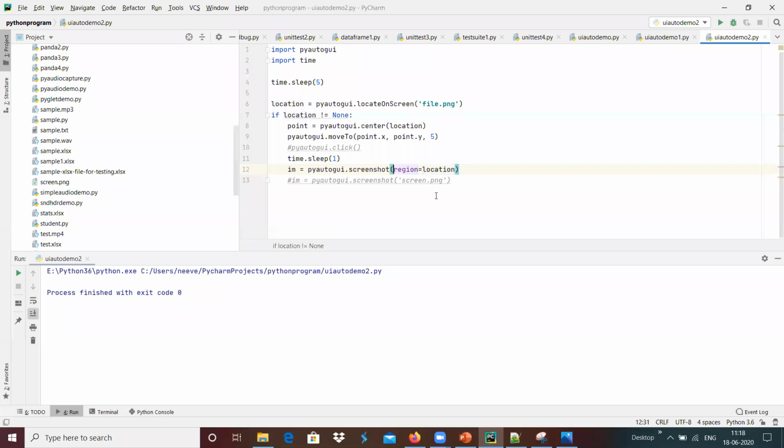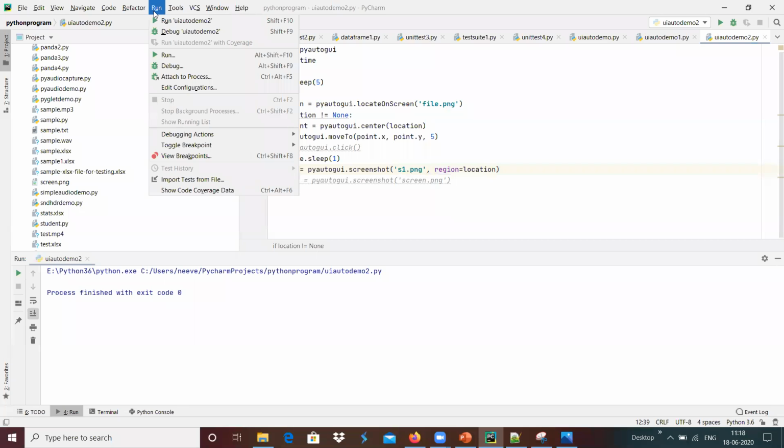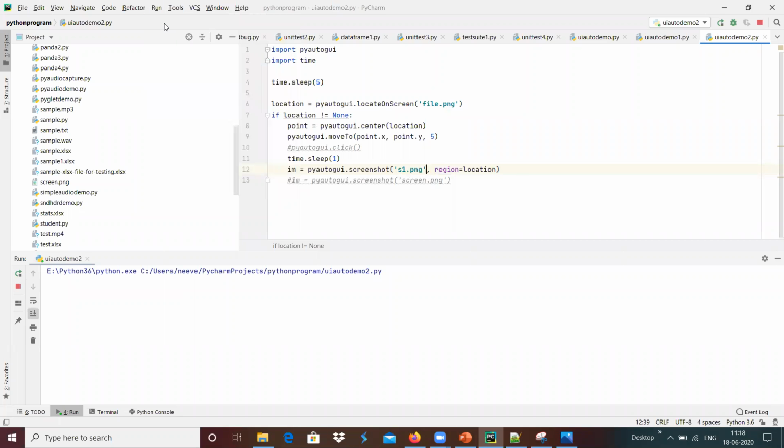Maybe I'm going to use something like s1.png over here. I'm going to give s1.png with the region over there, and I'm going to run this.